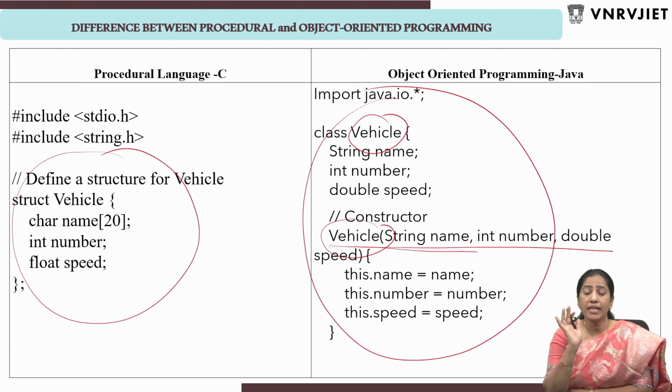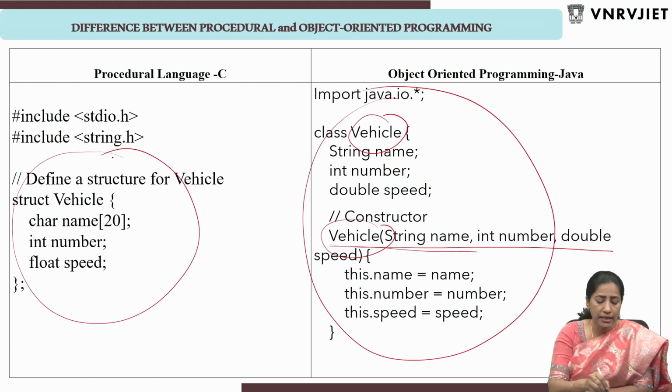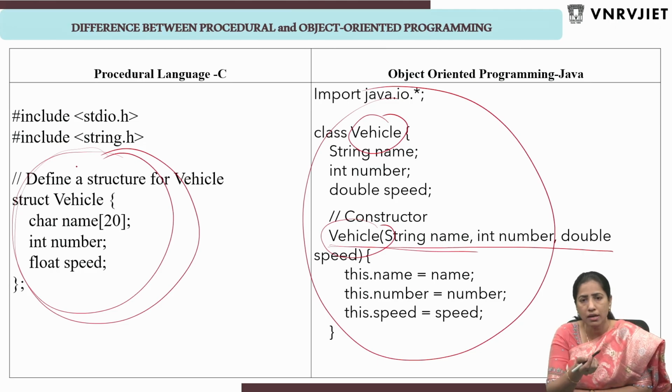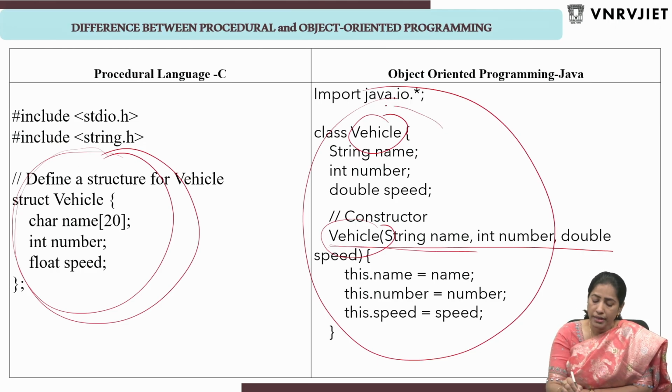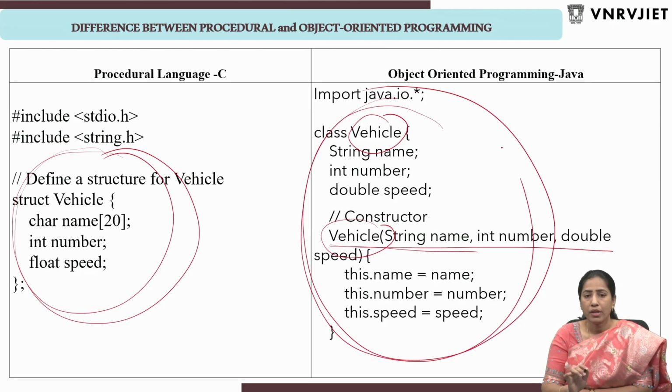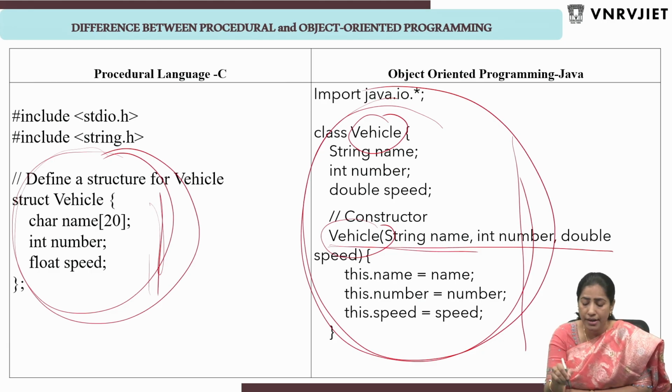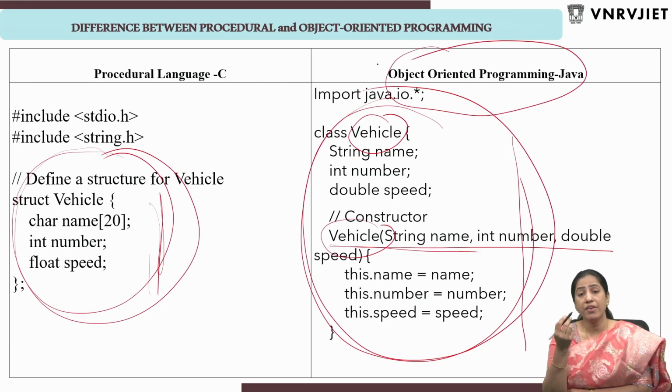So how can we take vehicle details? We can take vehicle details using structures in C programming. In Java, we use class. In class, we will write members and methods. In structure, we will write only members. And how can we display these details that we have taken, vehicle details? Using functions. Those functions are defined inside the class in object-oriented language, whereas those functions are defined outside the class